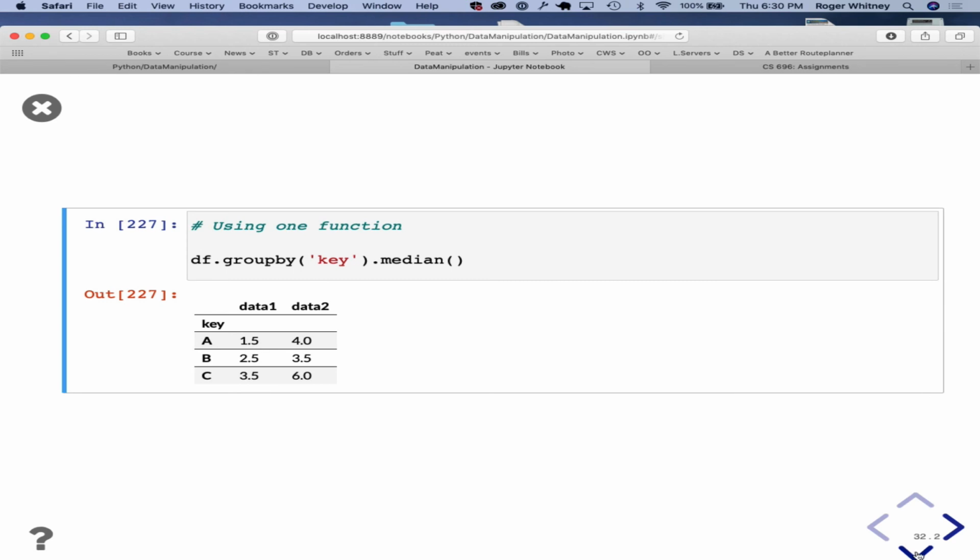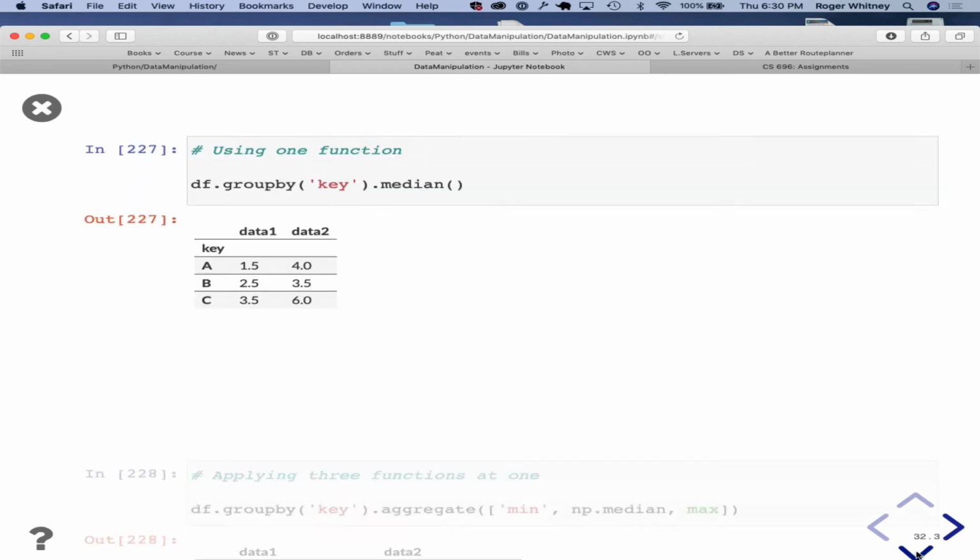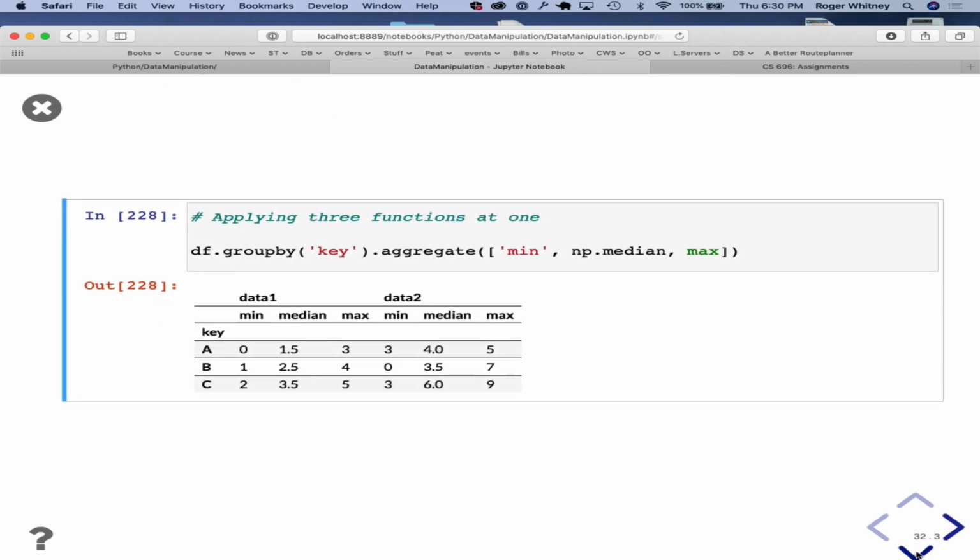So here, again, we can apply just each column. And now I can ask for the min, median, and max, right? And I get each value for each column, based on the keys, right?